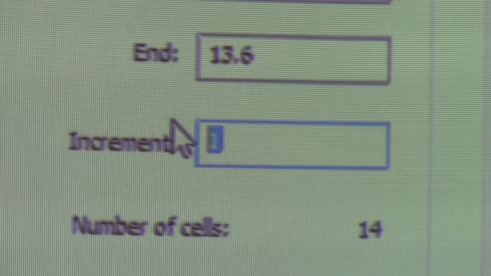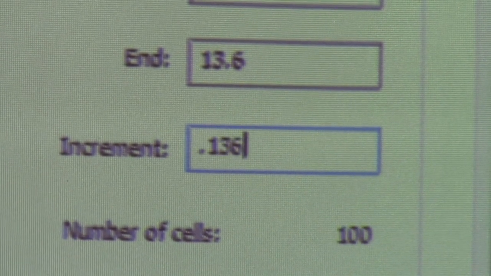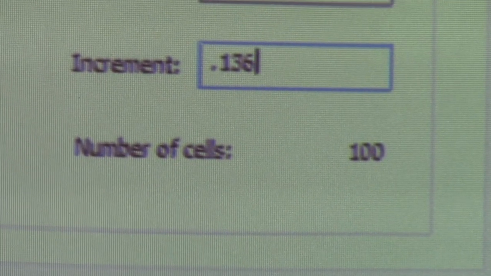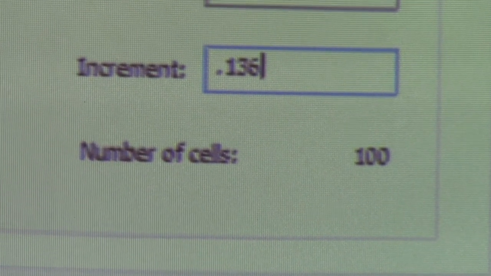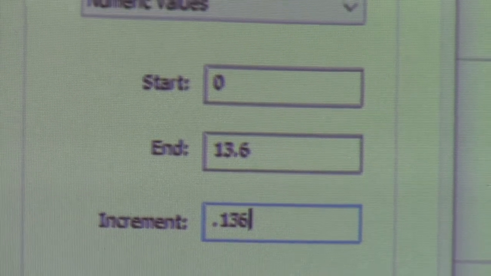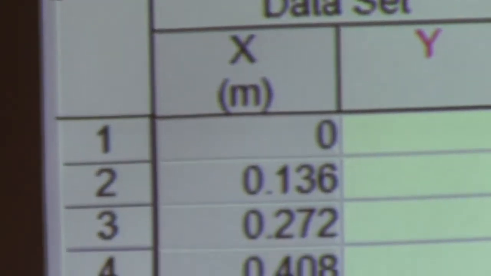And they would be in steps of 0.136. So you can see it's 100 little divisions across this room. And so if I click done, you'll see, you can do the same here, a vertical column